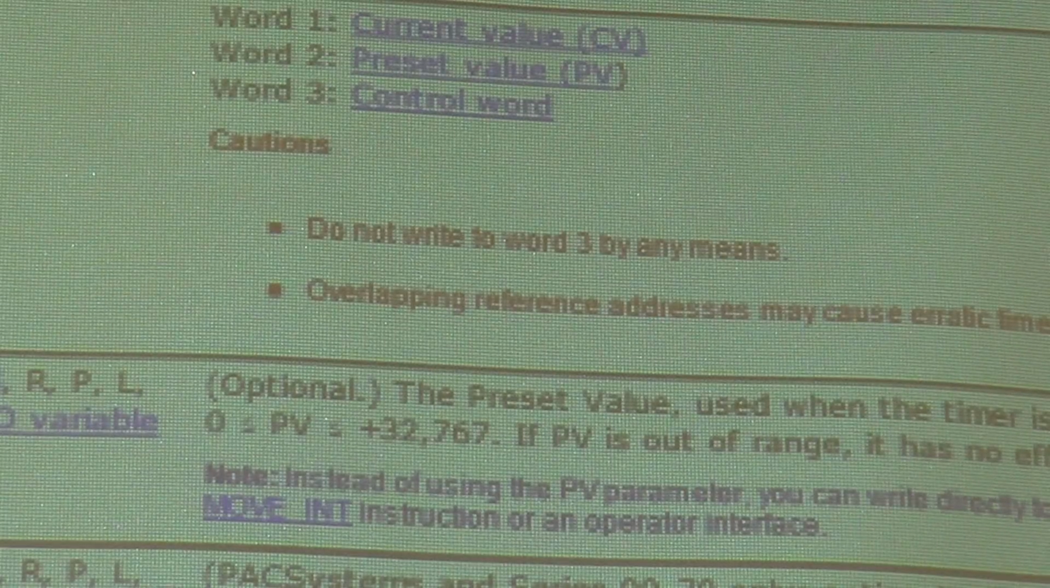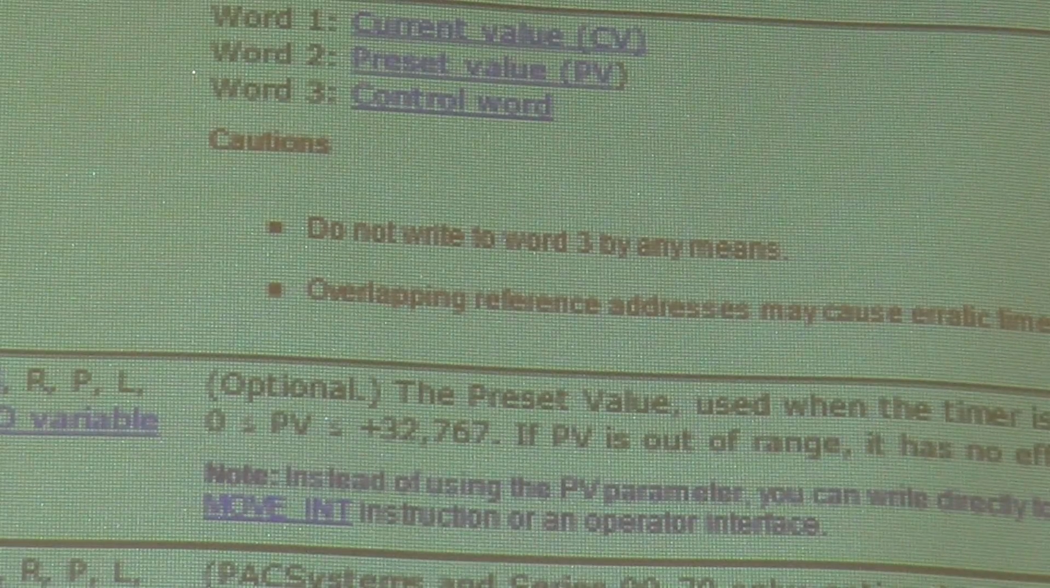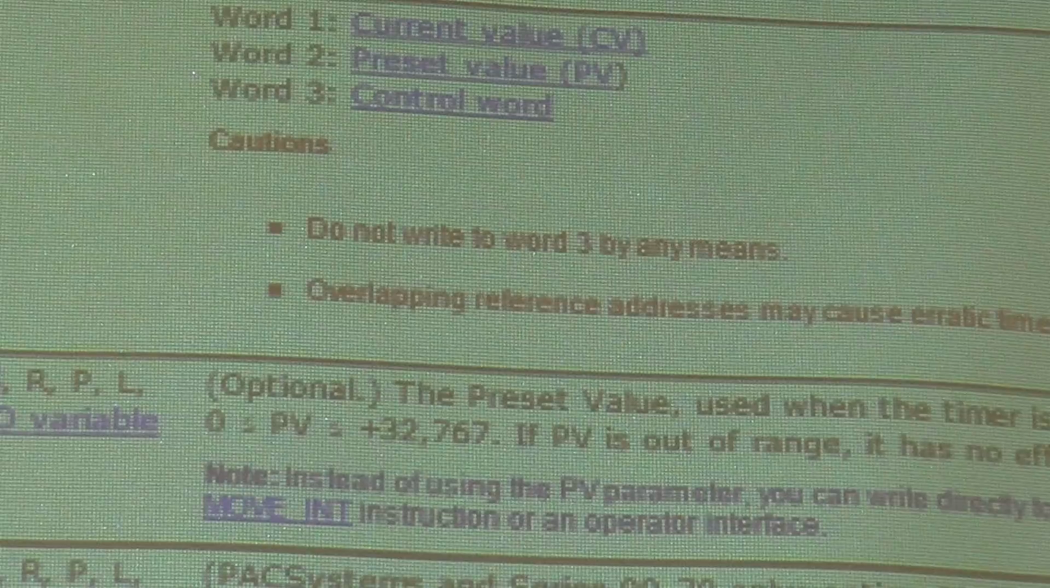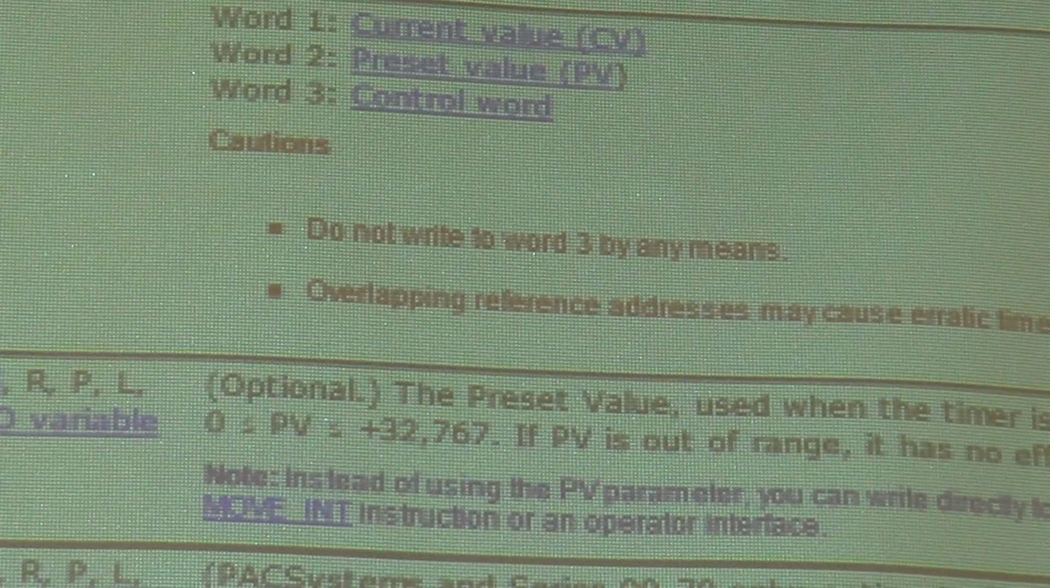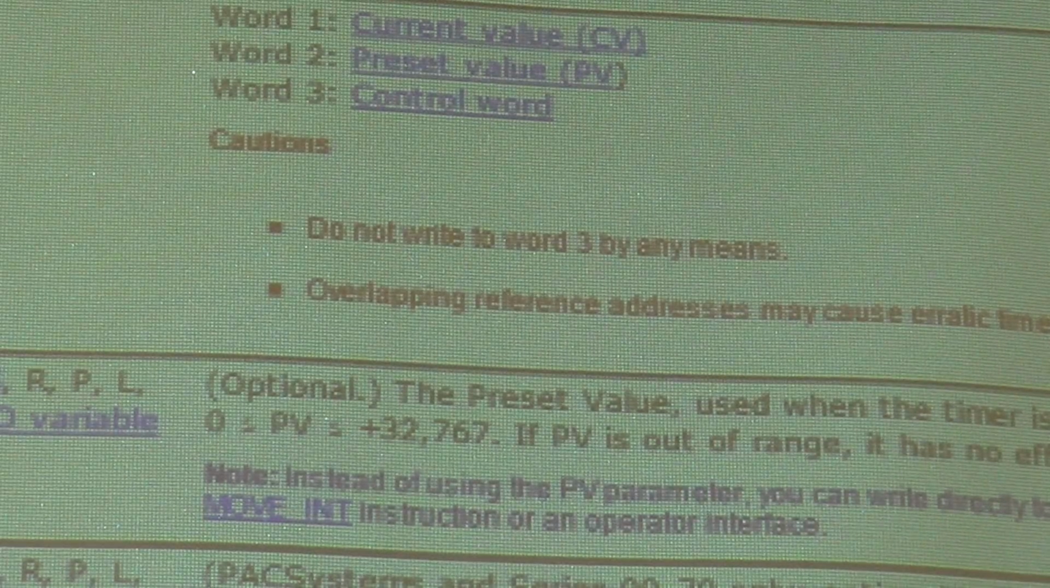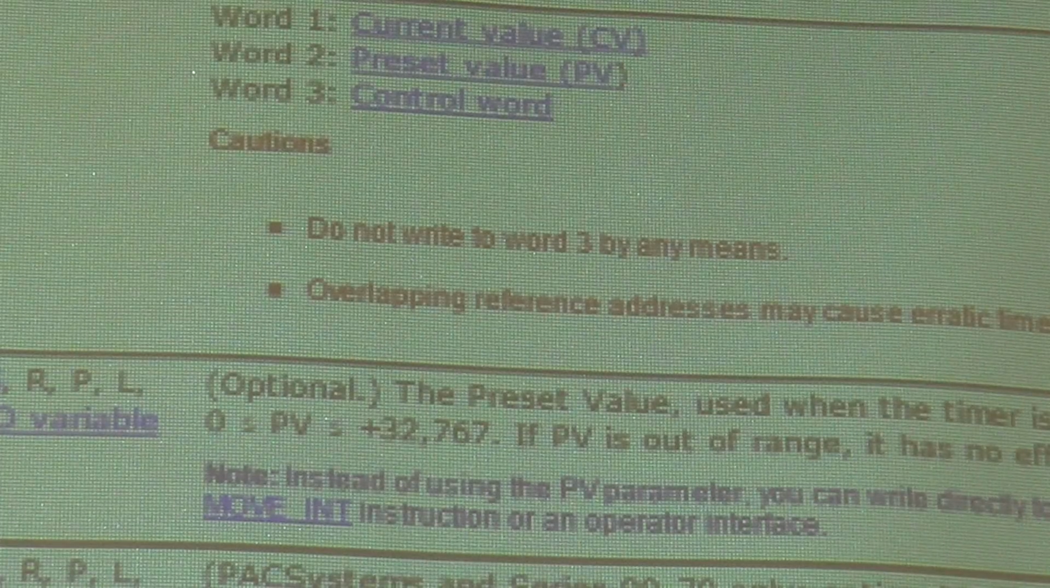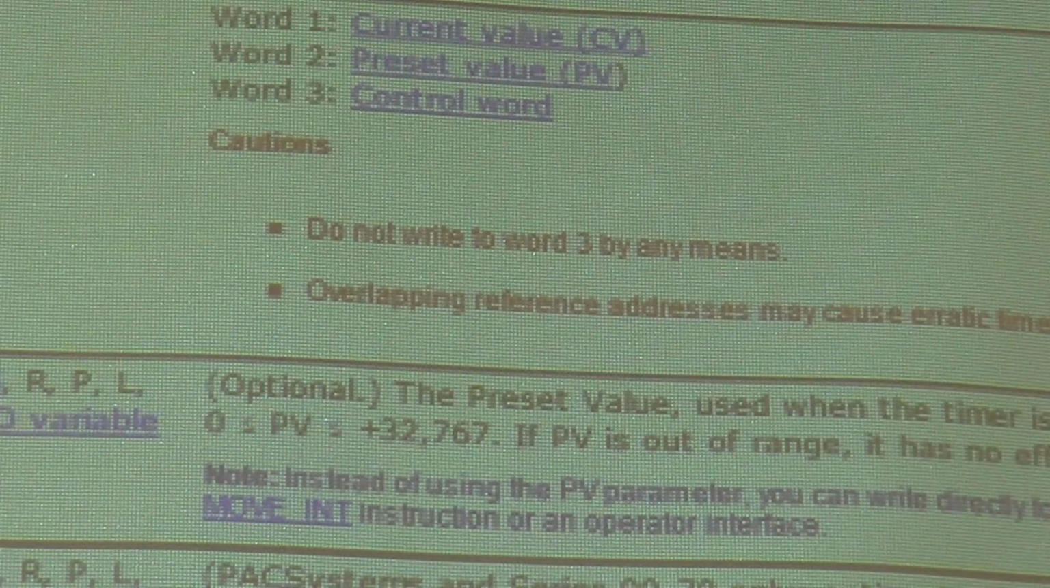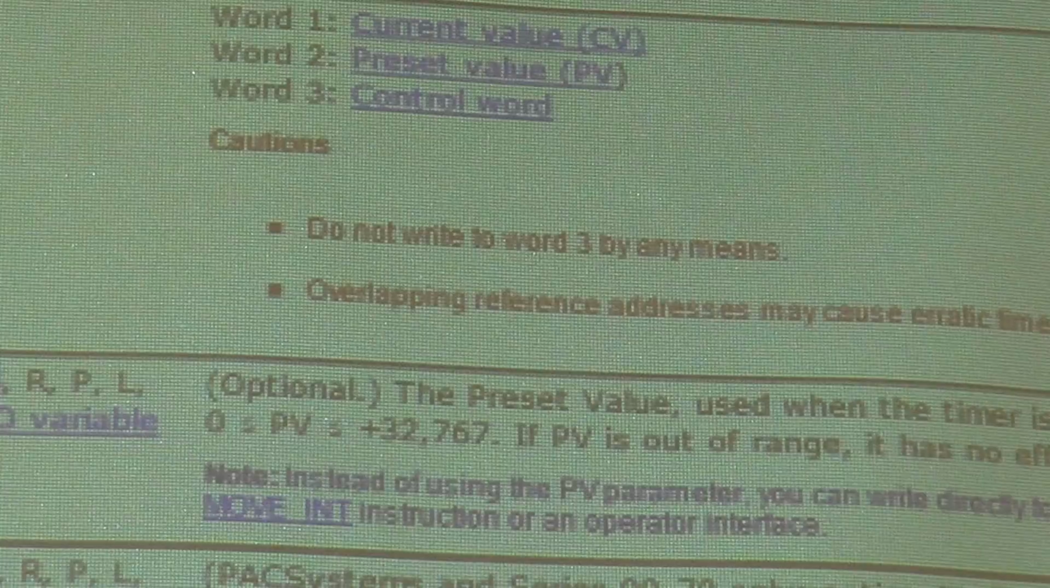things don't work right. I'll find that they have timer 1, address the register 1. Timer 2, address the register 2. Timer 3, address the register 3. And what happens, all 3 timers start messing with each other. Okay? Now,